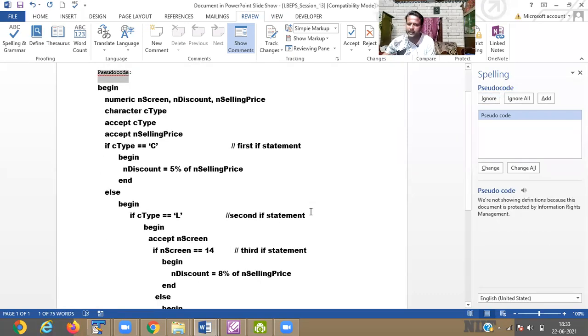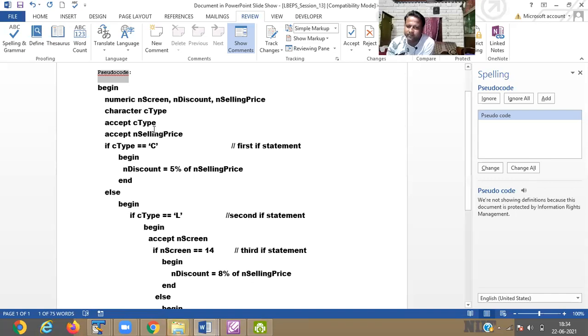It is asking for numeric screen, discount, and selling price. So first we define four variables. One is for screen size, another is for discount, one is for selling price, and another is for which type of TV, whether it is CRT or LCD.